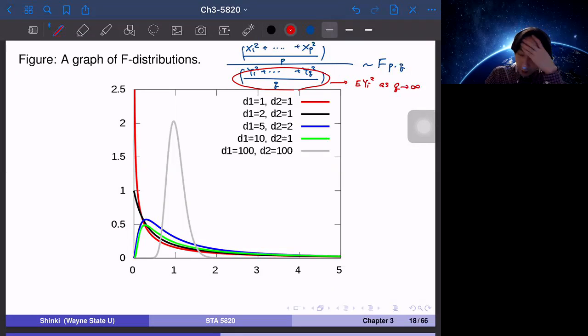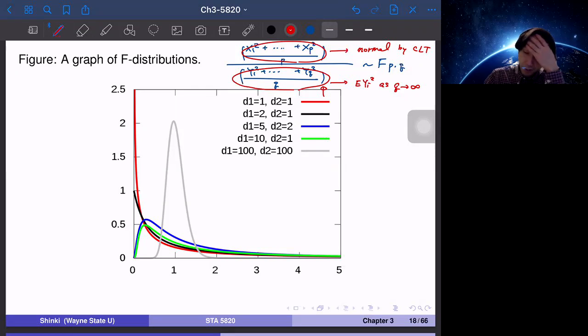And yeah, the denominator also goes to some constant, but for now, we think about this as just the average of random numbers. So this approaches normal by the central limit theorem. So that means, if the denominator is large, then